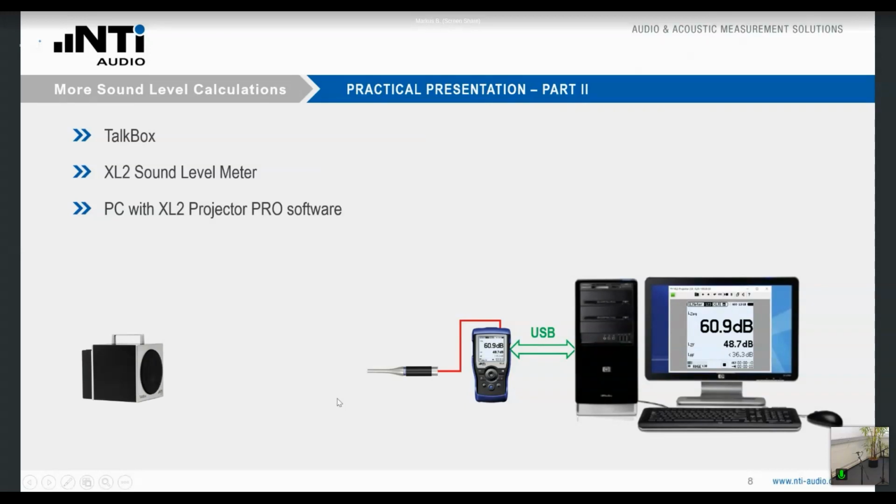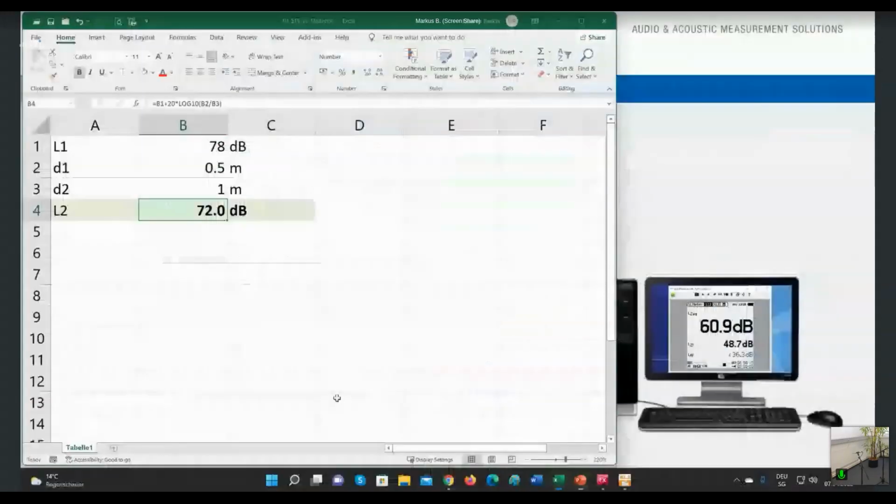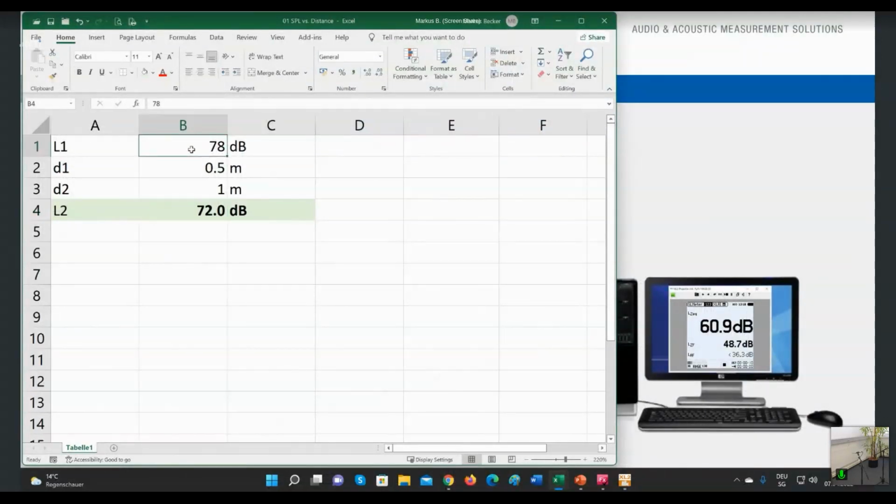But before I do that, I want to show you the relationship. Let's assume we are measuring 78 dB at position 1. And we have a distance of 0.5 meter from the first microphone to that loudspeaker, which is creating the 78 dB. And then we take the second microphone in 1 meter distance. That would give us an expected level at the second position of 72 dB. Of course, I can also play with that. I could, let's say, enter 2 meter distance, and it would be 66. But here in my setup, I have just 1 meter. So you see 72 is my expected value.